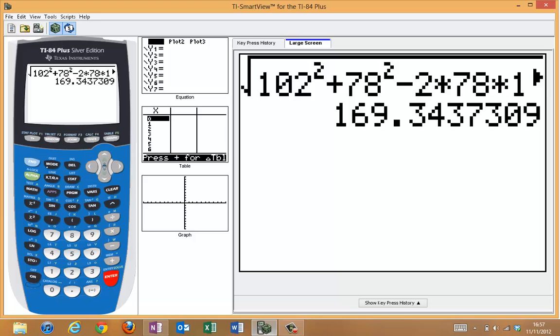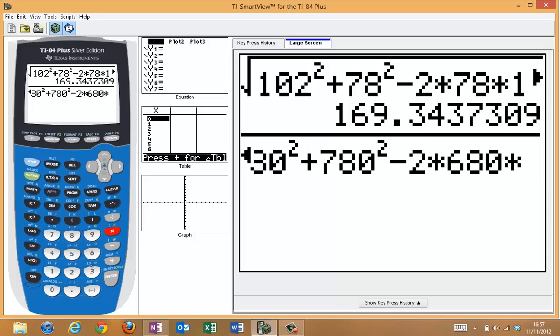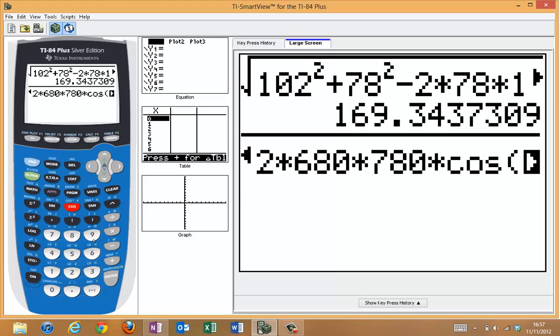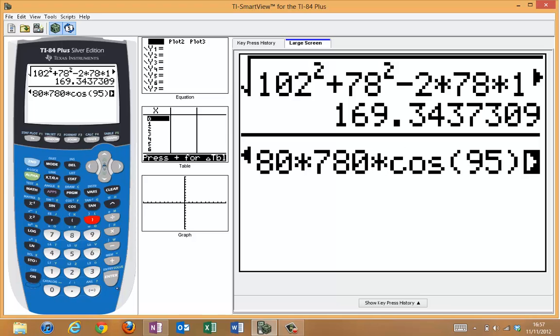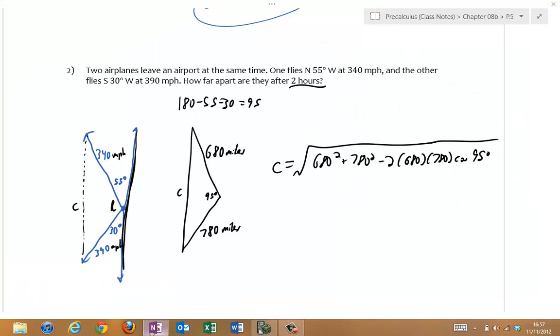Plug this in the calculator, so square root of 680 squared plus 780 squared minus 2 times 680 times 780 times the cosine of 95. Close. Enter. And I get 1,078.5 miles. Take that, transcribe it. C is equal to